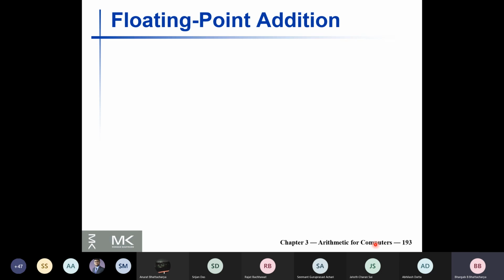So let us look into the problem of floating point addition. Now we understand how a number is represented in floating point format. So given that, how do I perform addition now? Maybe we look into the problem of adding 2 real numbers in the decimal domain and see what kind of complications are there.